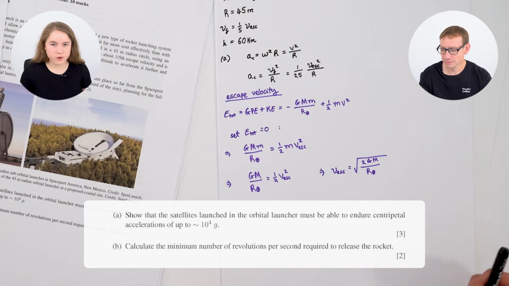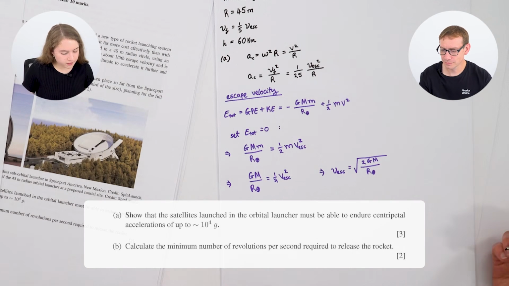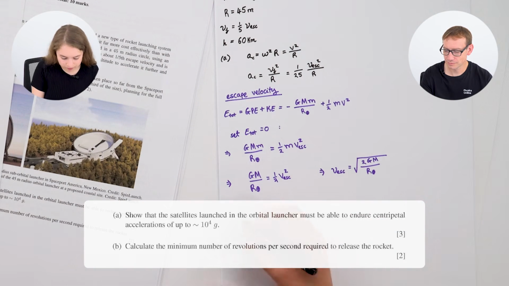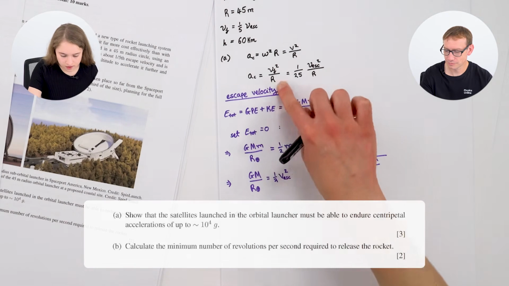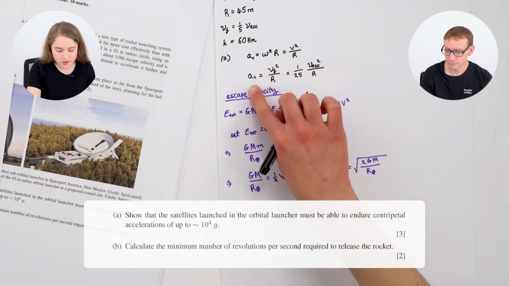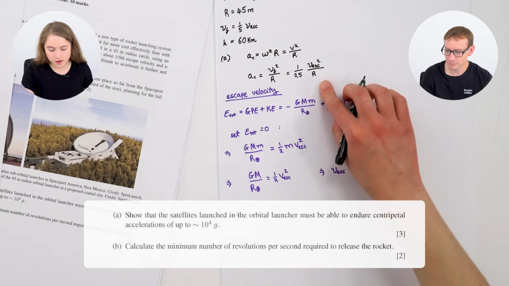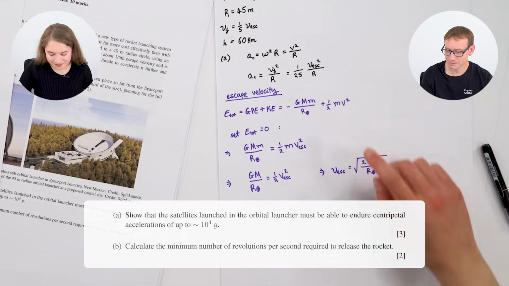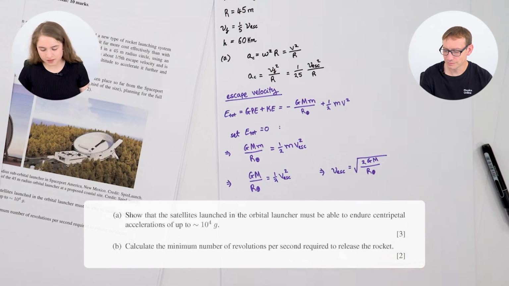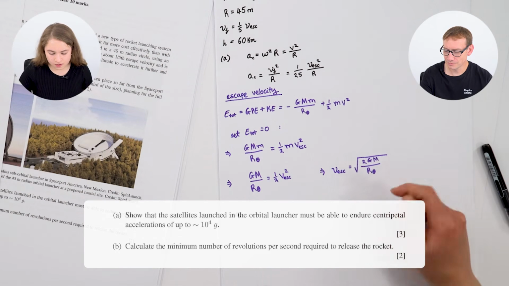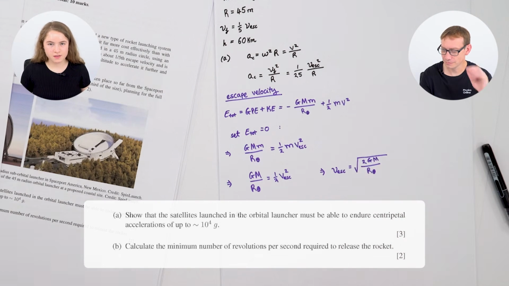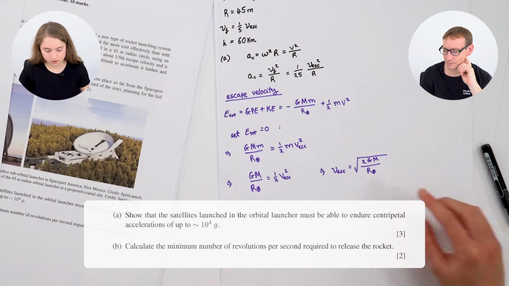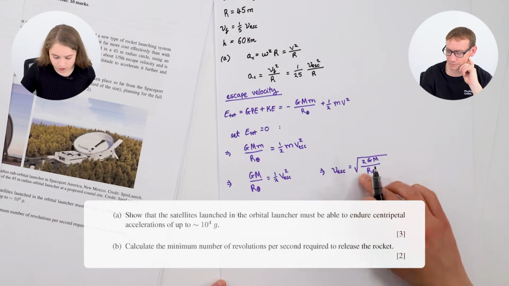So going back to what we were initially being asked to do, we want to find the centripetal acceleration of this object in the spin launcher. So going back to this equation that we wrote down here, we know that the centripetal acceleration is 1/25 times escape velocity squared over r. But warning, this r here is not the same as this r here. Be careful not to make that mistake. That's why I've added the Earth symbol here. So r without any subscript here is the spin launcher radius, and r with the Earth symbol as a subscript is the Earth's radius. We're going to substitute in this formula now,